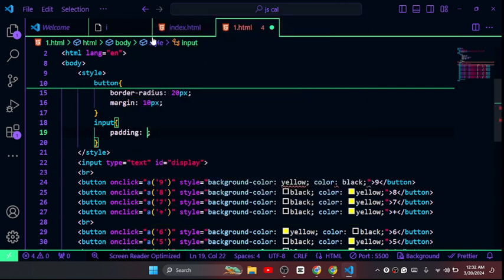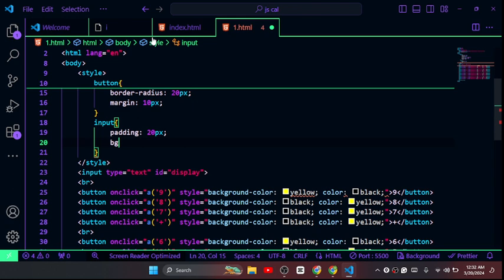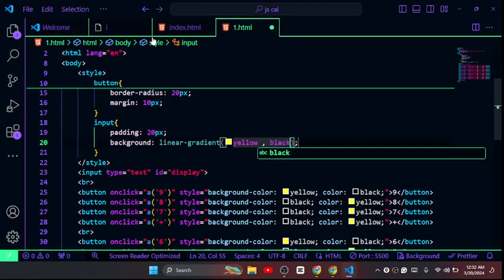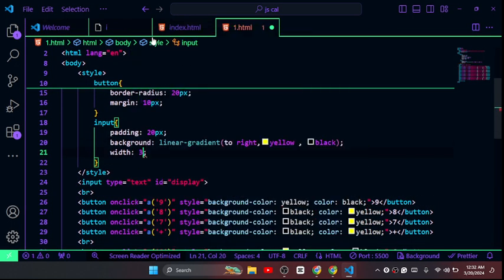Input will have a padding of 420 pixels and a background of linear gradient yellow, comma, black, and 2. There will be 2, right, like this, and there will be a width of 300 pixels like this,